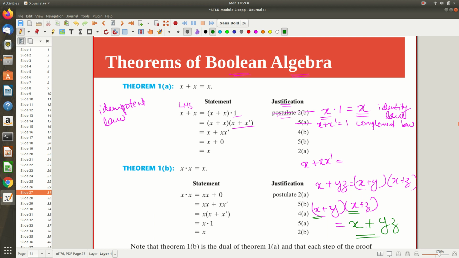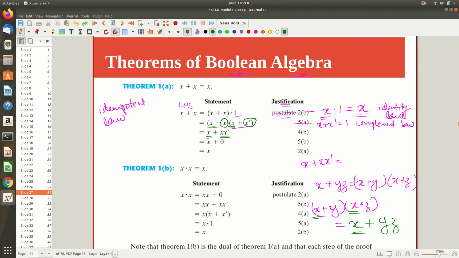So this we are applying in the opposite direction, right? Now same way, x plus x into x dash. Okay, now we will think. Okay, fine. This you know how to expand. Now the question is, what I am having is x plus x into x plus x dash. So this x is found to be common in both. Here I have something different, maybe x dash or y and z, whatever it is. So what I can do is, I can take this x as common outside, and these two things I can multiply. Just like I taken this x outside and this y and z I multiplied and written like this.